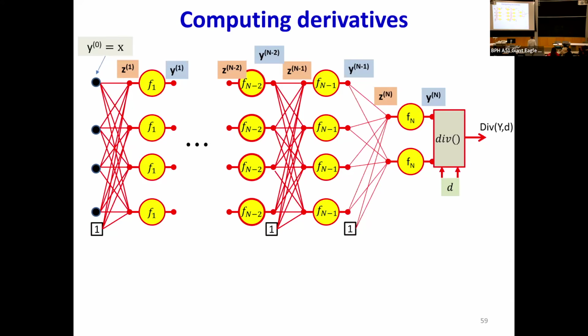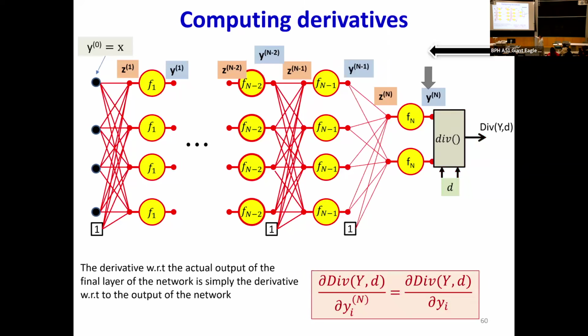First, we said that the divergence function is something that we design. So we're going to assume that based on our design, we know how to compute the derivative of the divergence with respect to the inputs to the divergence function. This would depend on the divergence function. If this was an L2 divergence, you're going to get something. If it's a KL divergence, it's going to be something else. It depends on the specific divergence function that you choose, right? So let's assume that I have the partial derivatives of the divergence with respect to the output of the network. Then